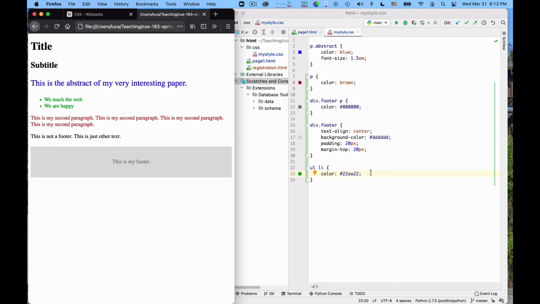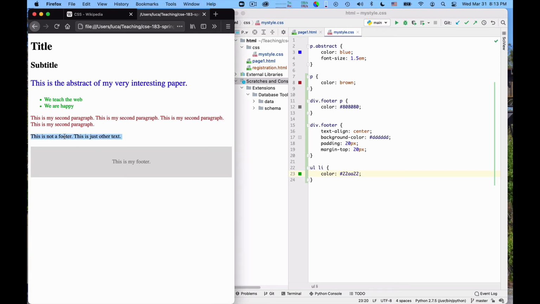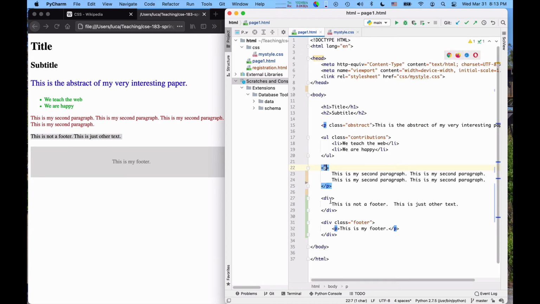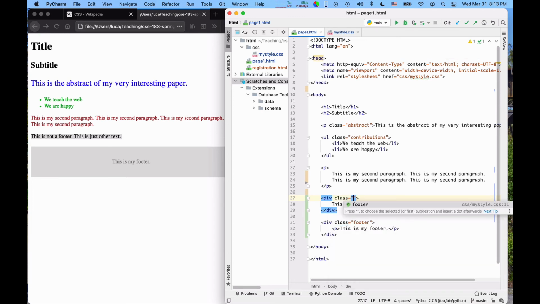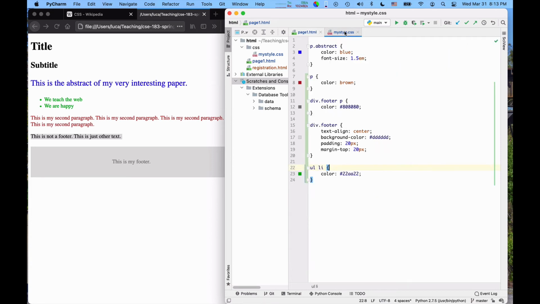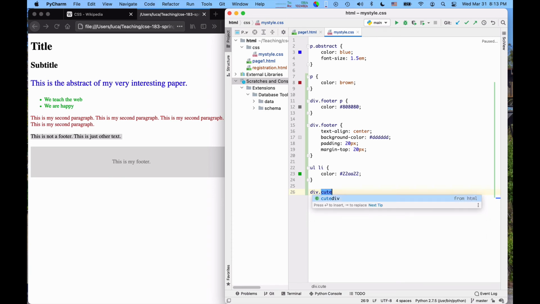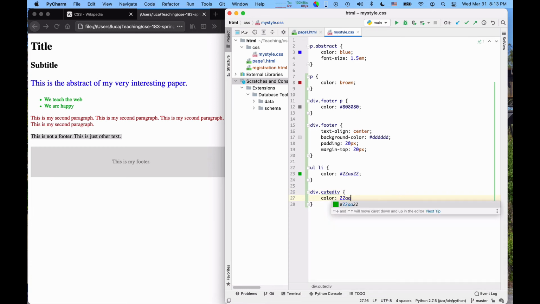Yes. And then imagine that I also want this other footer to have the same color. Okay, so how do I do that? Well, I go to the page. Maybe I want to say that this has a class like QtDiv is my class. I can go here and say, oh, and by the way, a div of class QtDiv, see how helpful PyCharm is, also has color 22AA22.